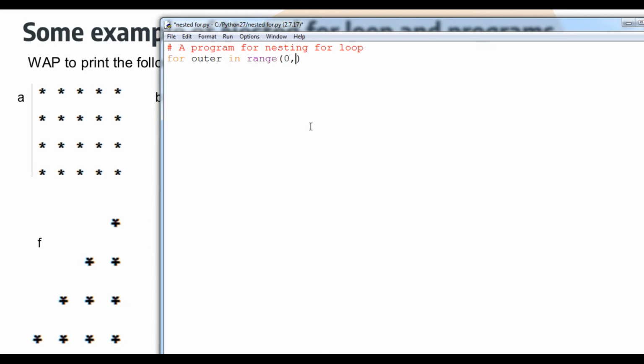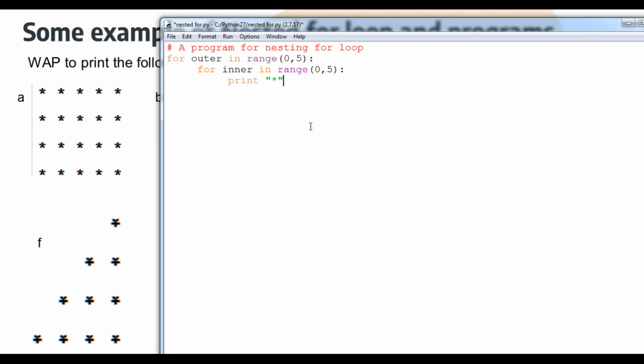There is no need to worry about where we start the loop, so we can start from 0. Here is 5, and then again for loop inner in range. It will be again 0 to 5, and now print. What am I going to print, student? Here I'm going to print a star.